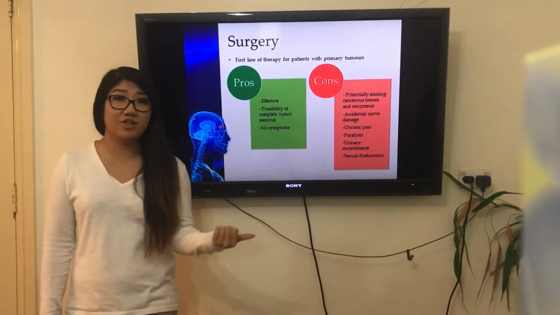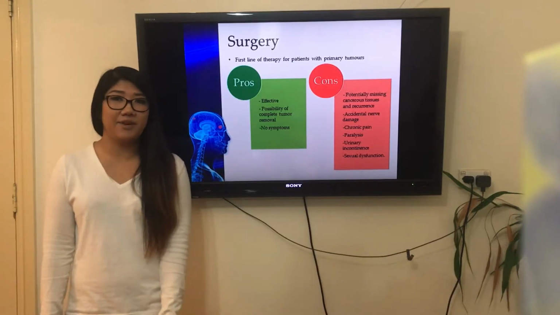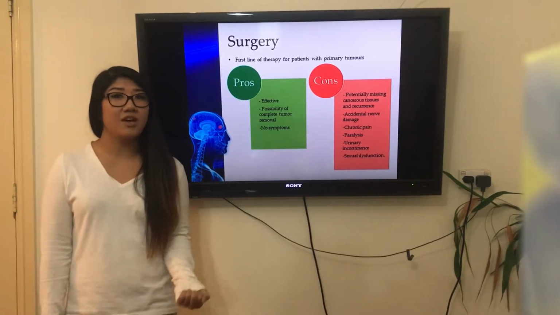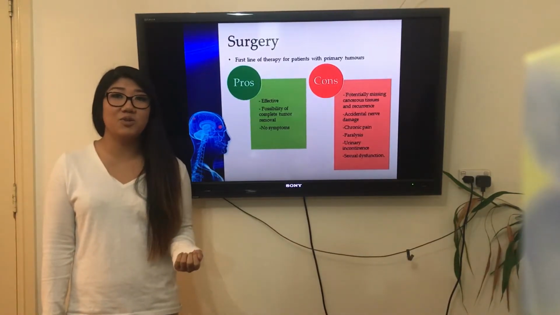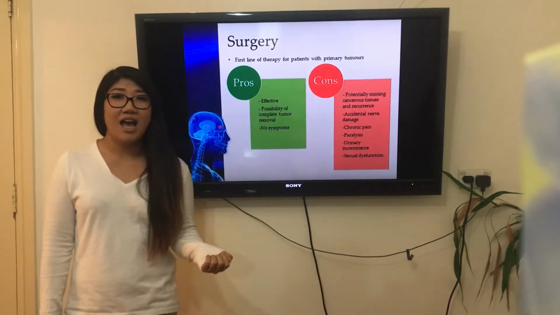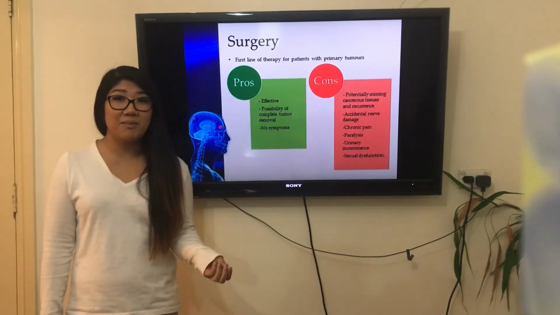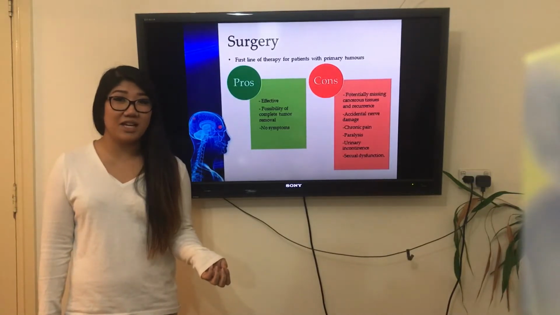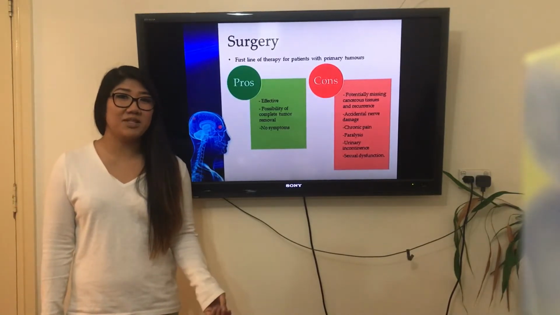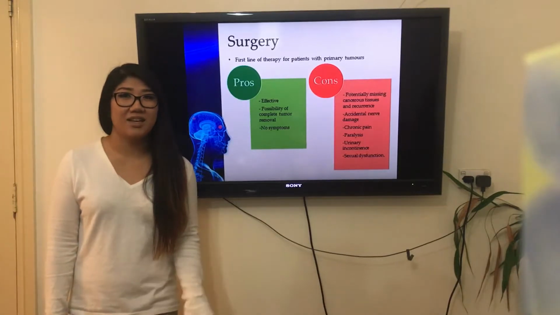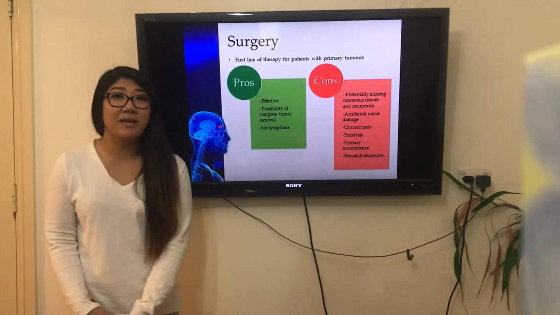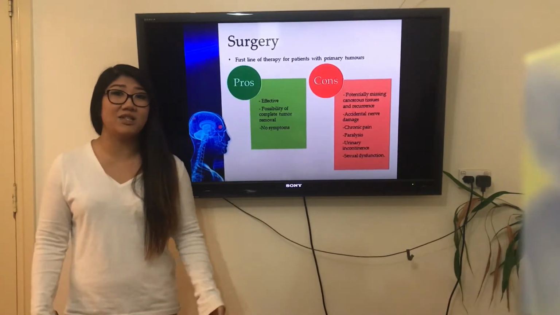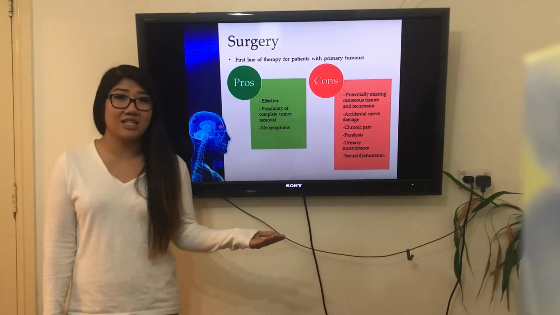Surgery has traditionally been and remains the first line of therapy for patients with primary tumors. For some tumors, complete surgical removal is sometimes possible. However, tumor removal does not mean that you can forget about it. Cancer tissue is often difficult to identify, not visible to the naked eye or felt by fingers. This often leads to cancer tissues being missed during tumor removal, leading to about 20 to 50% of patients having